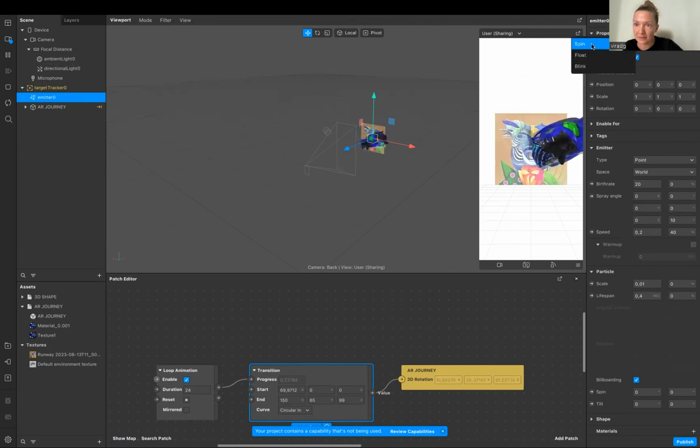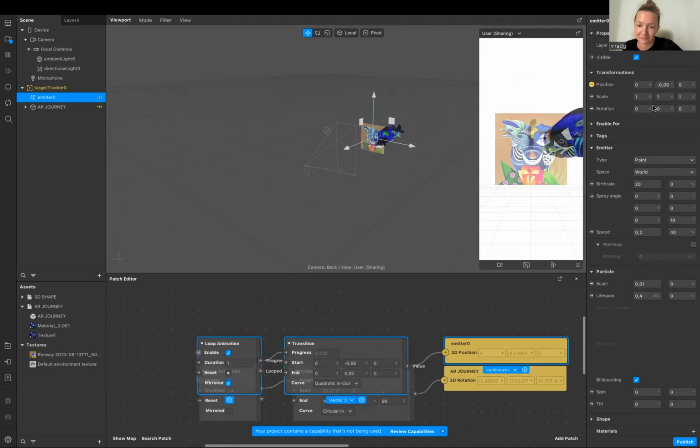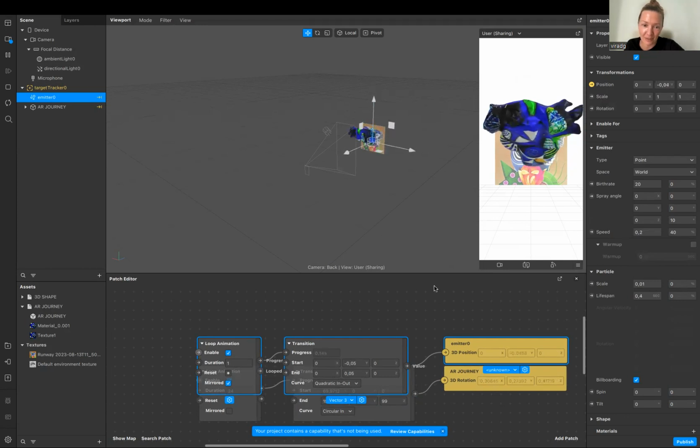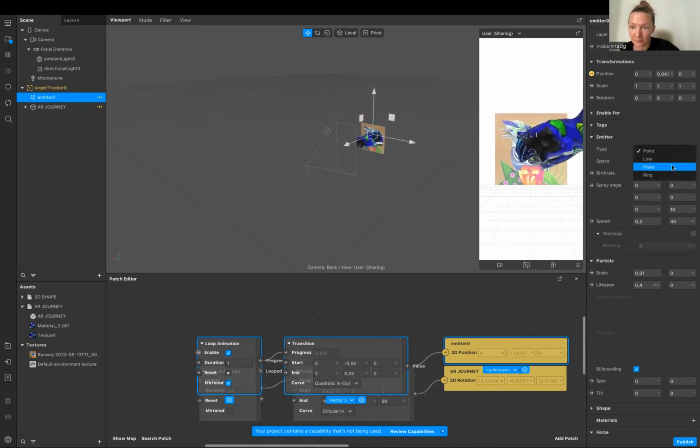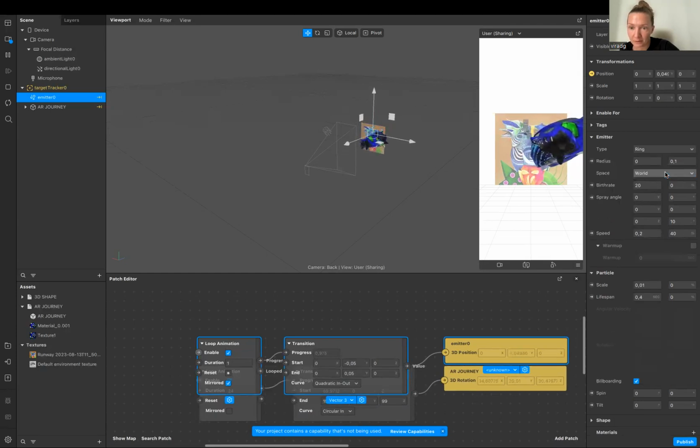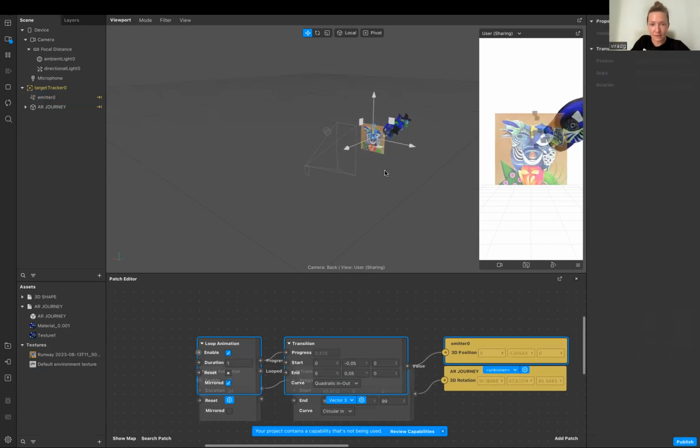Also we can animate them: spin, float, blink. Okay, you see, it started to have some movement. So we animated the particle systems. Now we need to set up type of emitter: line, plane, or ring. It can be rings. What does it mean, rings? Rings means that